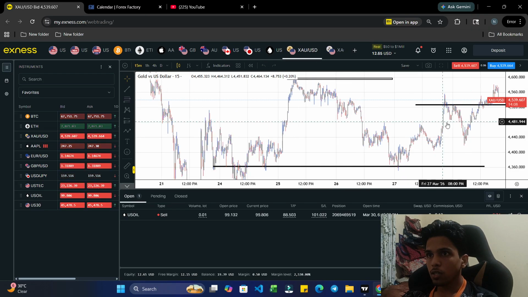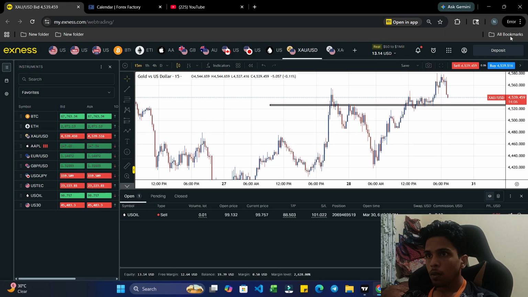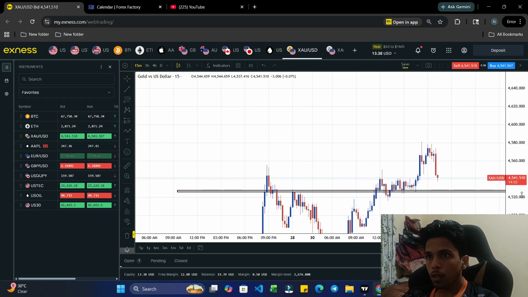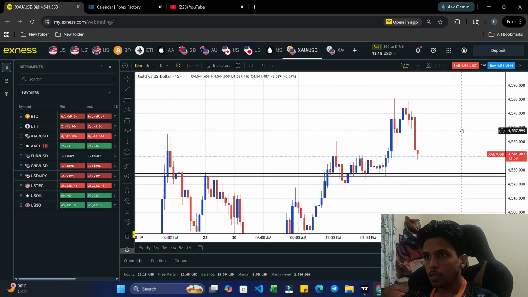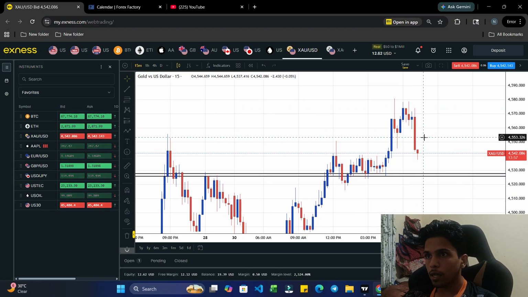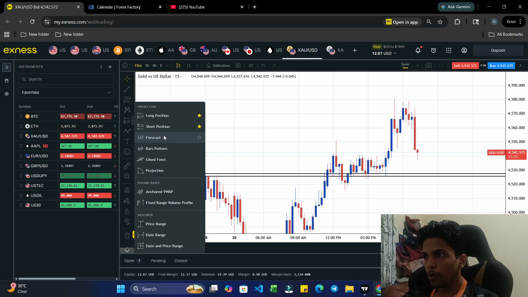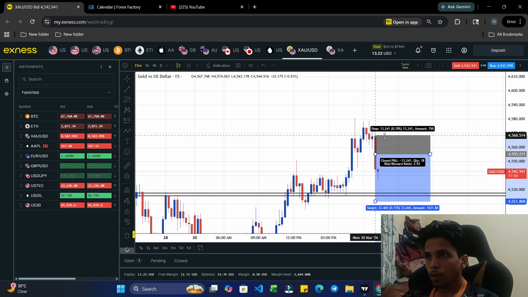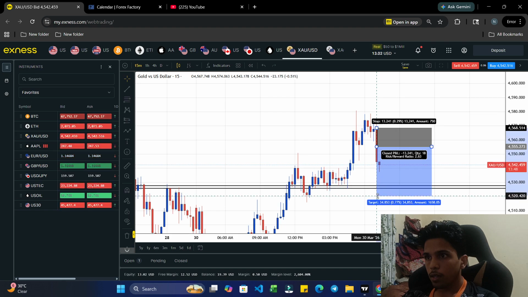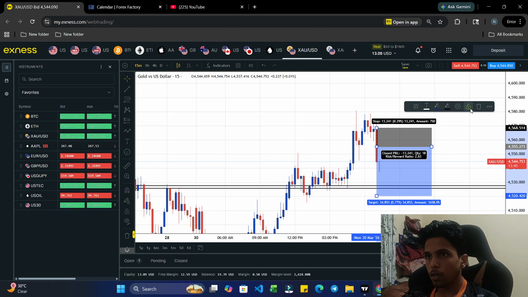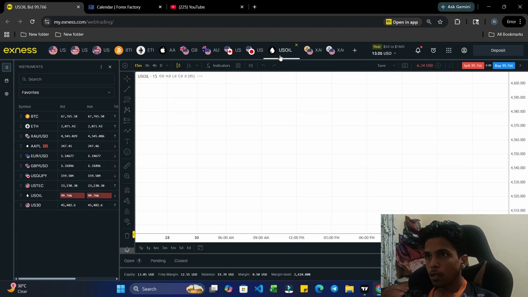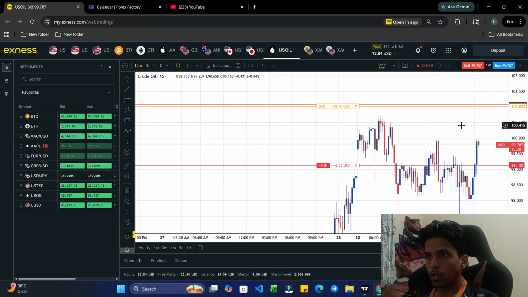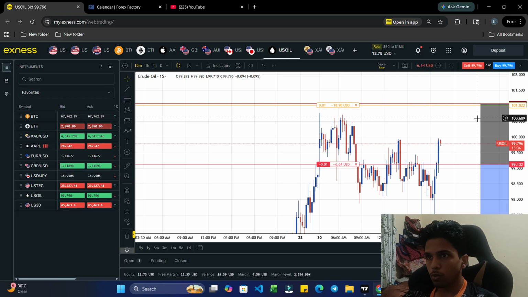I'm just hedging this. And I have to, okay, we have to enter in the gold. I will tell you why it is important to enter in the trade, but we are entering here right now. We are not directly going to the trade. We are entering here to get this much TP or SL. So we are hedging the oil right now. Why we are hedging the oil, I will tell you soon.